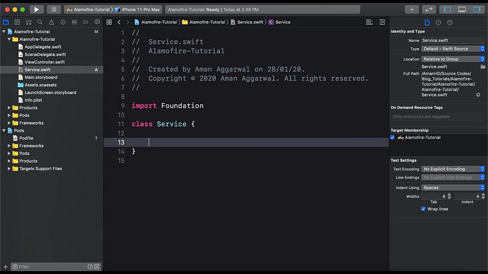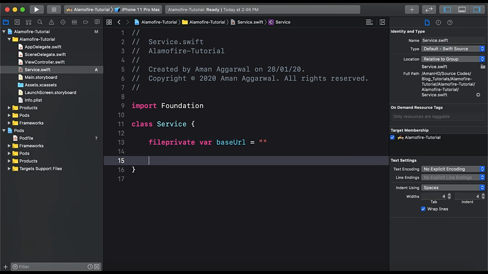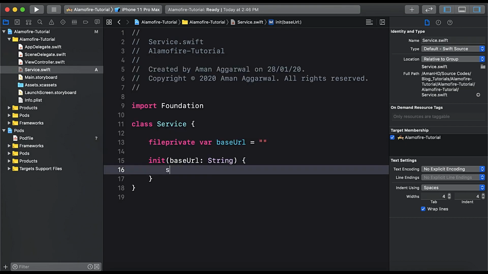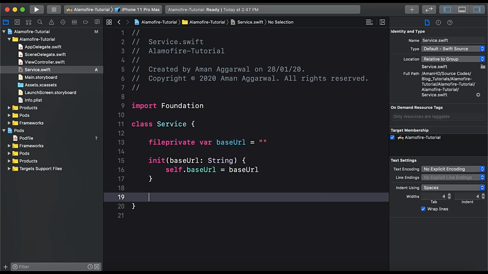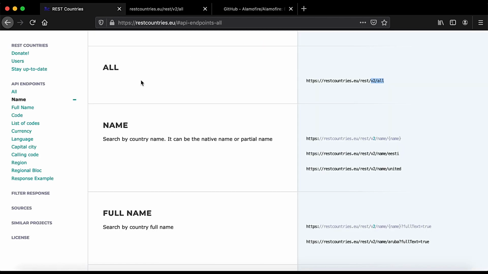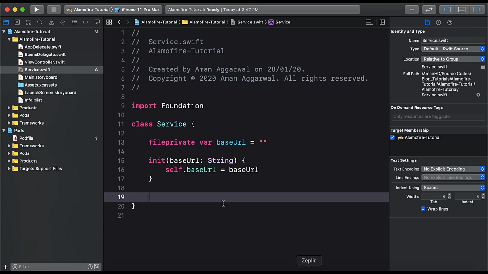and here we will say fileprivate let baseURL, and we will use dependency injection to get the base URL whenever this class is initialized. Type String, so self.baseURL is equal to baseURL. Okay, now as you can see we are going to get this endpoint all, where we are getting all the country names. So for this we will create a function,